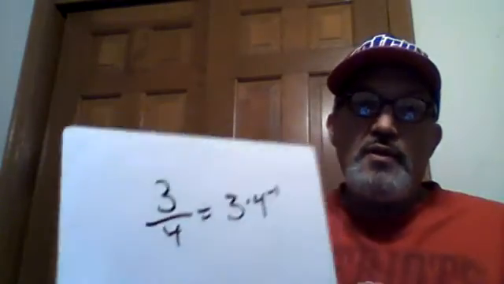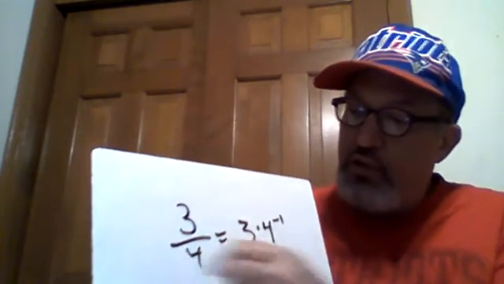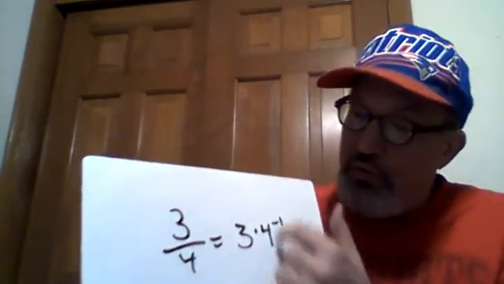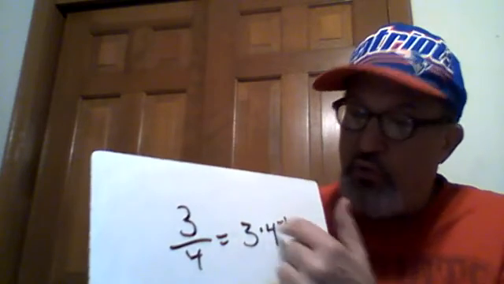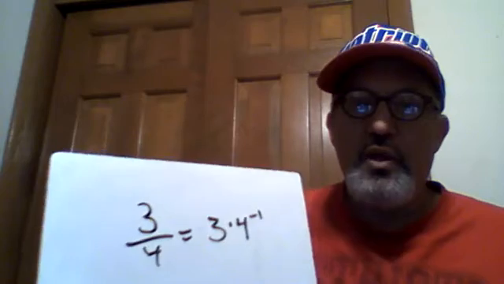To me, it doesn't make much sense. As we saw before, if you have 3/4, you can write it like this. This makes sense to me: being able to rewrite a fraction without a fraction bar, without apparently any denominator, although this 4 is in the denominator, even though it doesn't appear to be because of the exponent of -1. But what about this? This is the kind of thing that